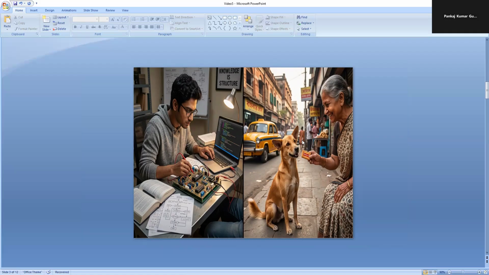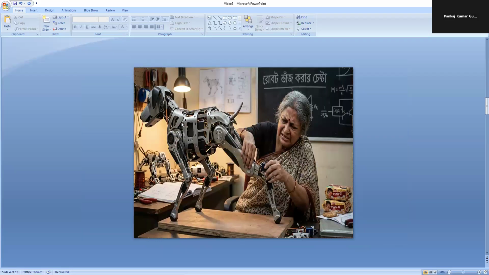Number one, you physically grab the dog legs and fold them in its sitting position. You give the dog a step by step manual. First, bend your left leg, then bend your right leg. This takes a lot of time, and if dog is little fluffier or had shorter leg than you expected, your manual doesn't work perfectly. In coding, this is called hard coding, writing fixed rule that doesn't fit every situation.